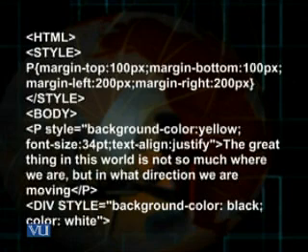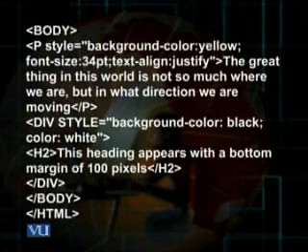Then we come to the second div tag. I have used the inline style again, background color black, color white. That means that I want some text in white font to be displayed in the black background, and in the heading format I write this heading appears with the bottom margin of 100 pixels.